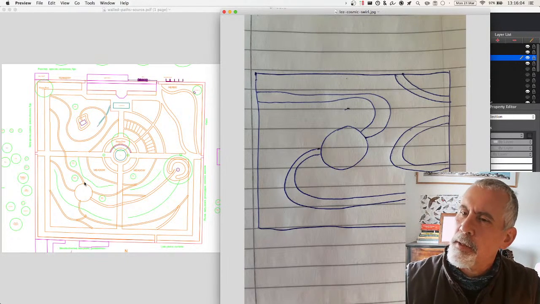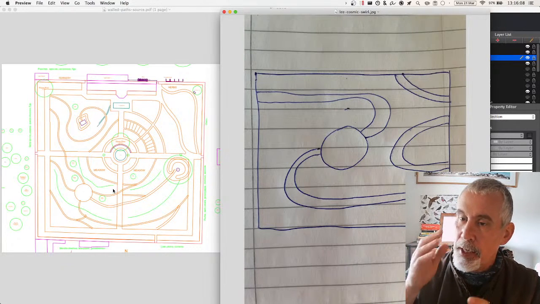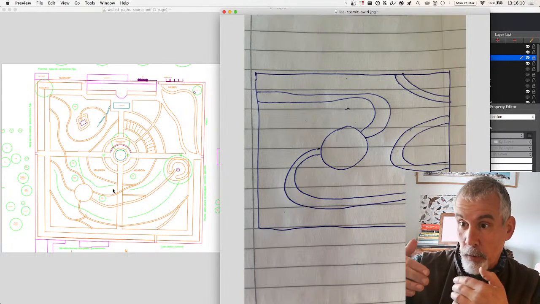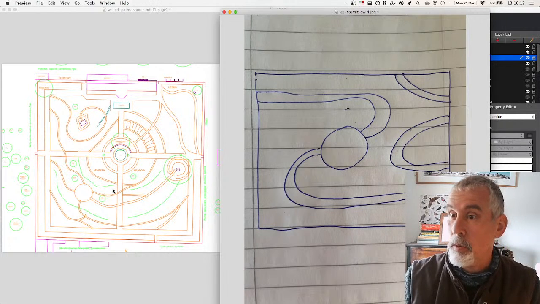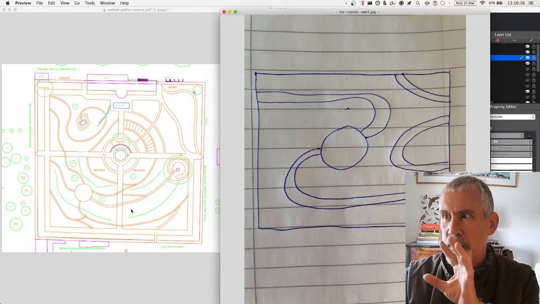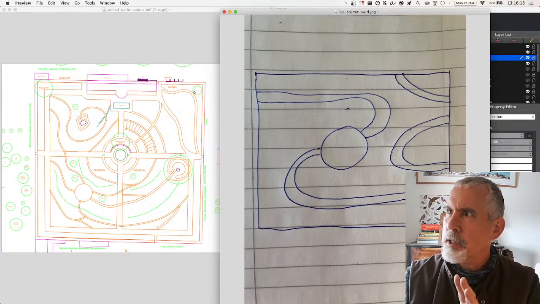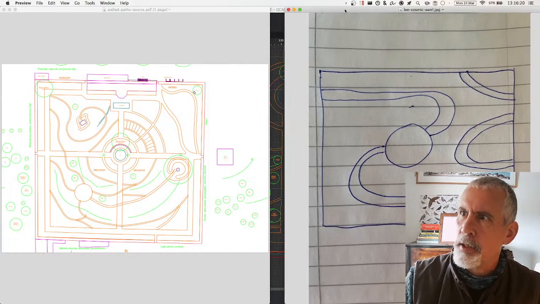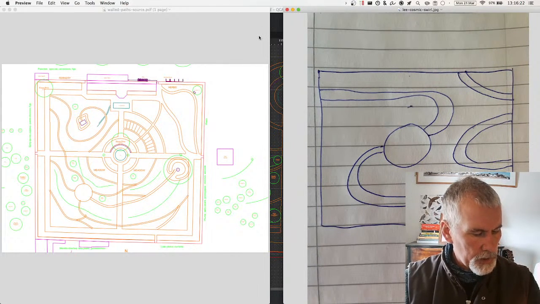The other side of this is that these green lines here are windbreaks, and you want to maintain the integrity of them as much as possible. So what I've done is use that idea and only tweak it a little bit, but hopefully this works. Can I show you on